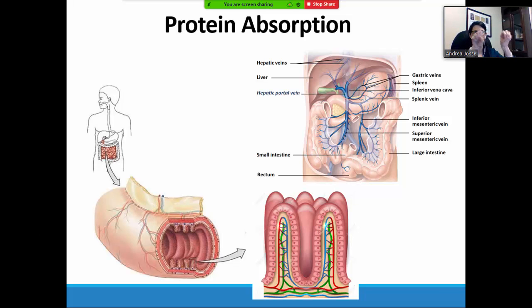It kind of looks like a worm moving, if you've ever watched a worm move. That's what happens in the small intestine. There are areas that bunch and then release, and then bunch and then release, and it helps to churn things inside to allow for maximal rates of absorption. Also, we can see here there are circular folds within the small intestine, and this also increases surface area for